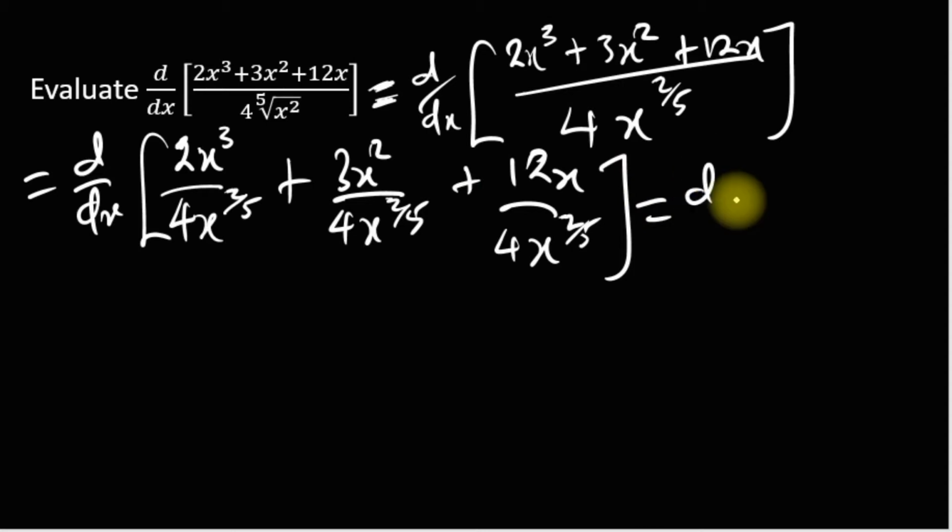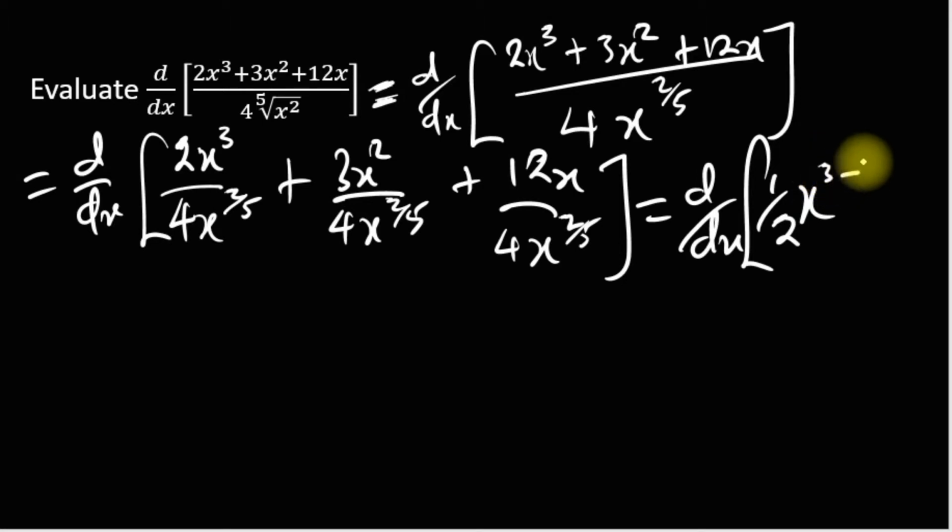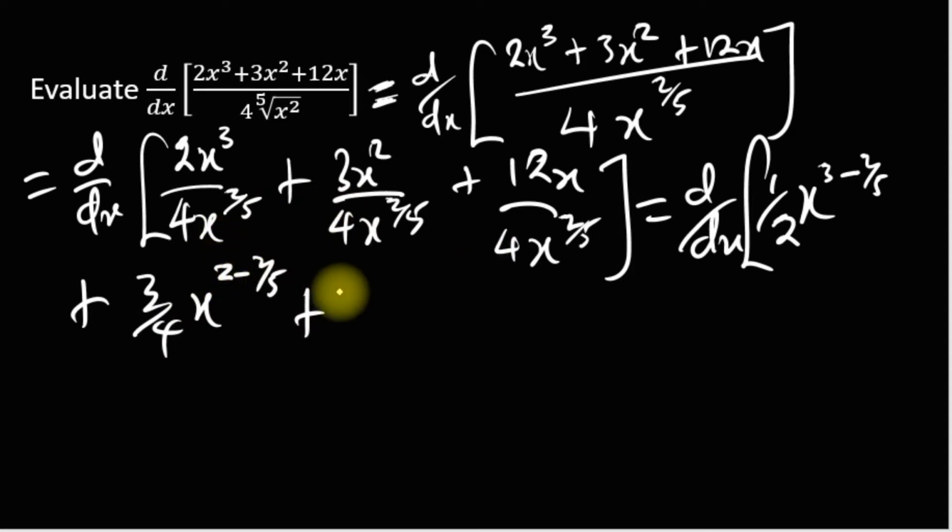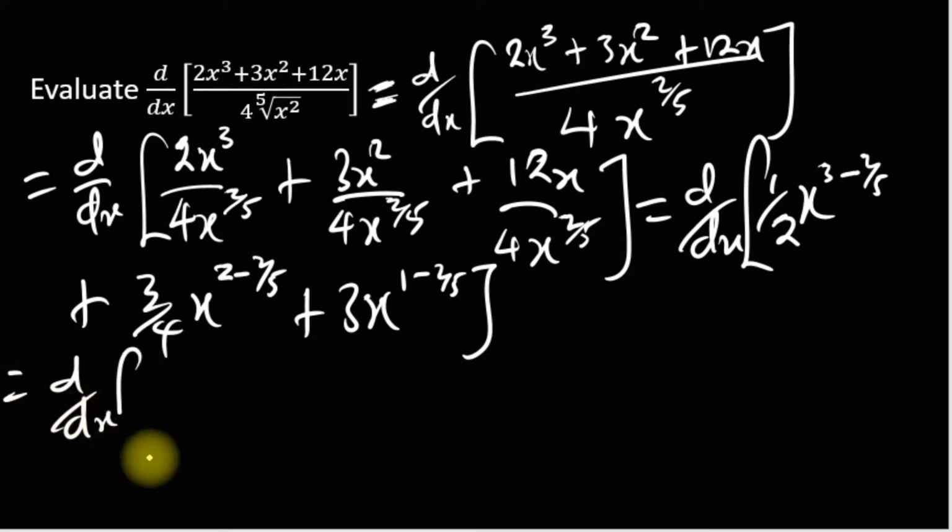So which is the derivative of, we are left with half x, from laws of indices, we subtract the power: 3 minus 2 over 5. So that's the first one. Plus 3 over 4 x raised to power 2 minus 2 over 5, plus 3x raised to power 1 minus 2 over 5. So that's it, which is now the derivative of